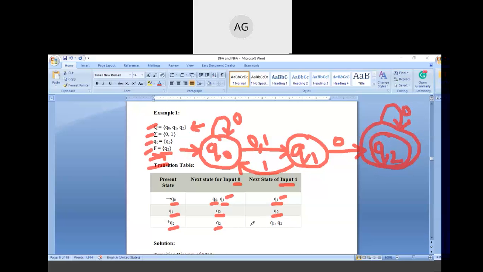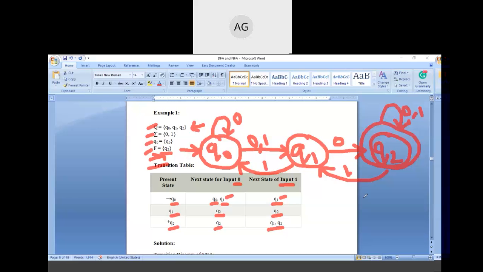Like this. And also on getting input 1, we move to Q1 state and Q2 state. So on getting input 1, we move to Q1 state, and also here comma is there and also 1. So this is the actual transition diagram of the NFA. So by getting the given condition in the transition table, we can make this type of transition diagram easily.